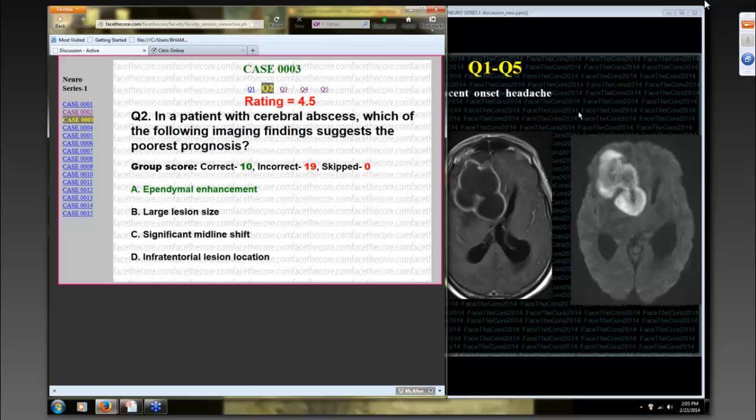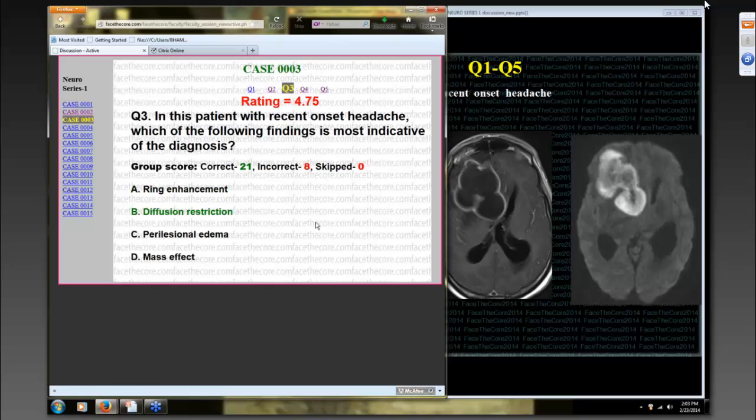And presently, with good antibiotics and early surgical evacuation of the abscess, the mortality is still pretty high, at around 20 to 25%. And ventricular extension will make the prognosis and the mortality rate much worse than without actual intraventricular extension. So the most important is an ependymal enhancement, though others are also relatively important, as I already pointed out. And in question 3,